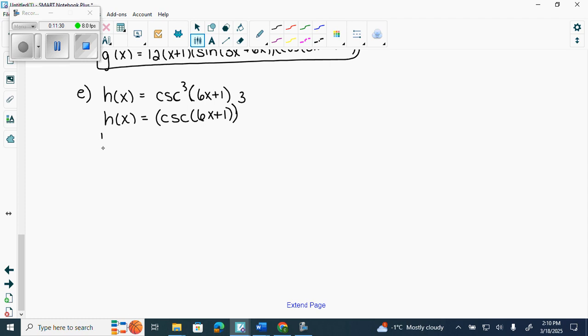So, the first way we get the derivative is we drop the 3 in front, rewrite it, and then it is squared. Okay? Then we work our way to the inside. What's the derivative of cosecant? Negative cosecant x cotan x